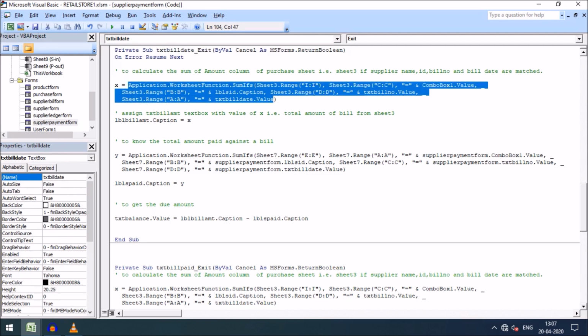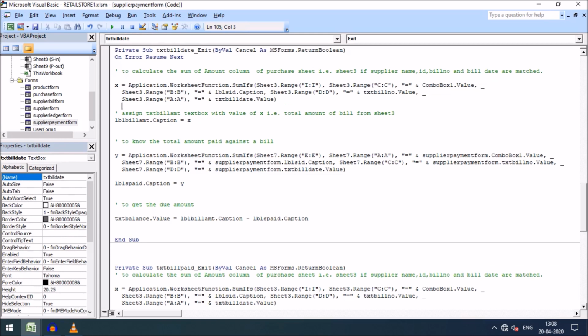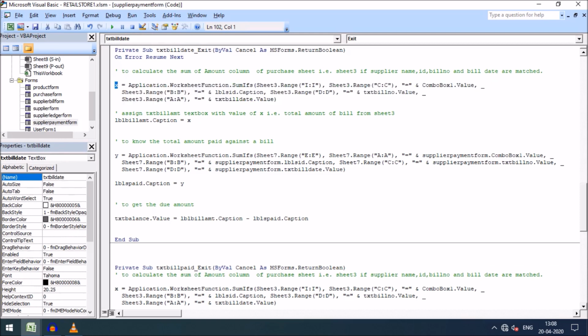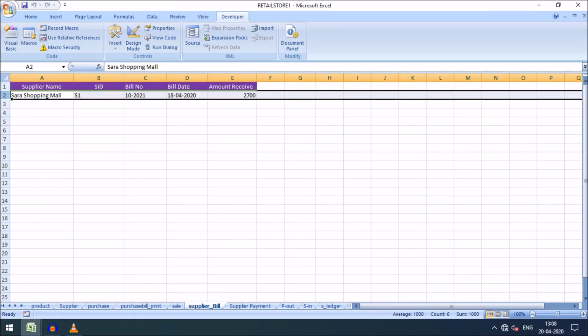Here I have calculated the total amount of the bill in this section, and I have assigned this to X. I have used a SUMIFS function, and how it is done, you can see the total of I column of sheet 3, that is our purchase sheet. You can go there.